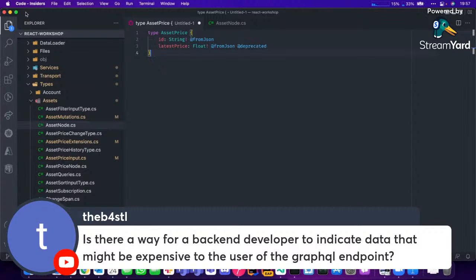You could even defer as a front-end developer. You maybe are not looking at slow parts. You are telling the backend which data is important for you, even if that is fast data. And the backend is actually allowed by the spec to omit the defer. So if the backend thinks you're deferring data that is not expensive,